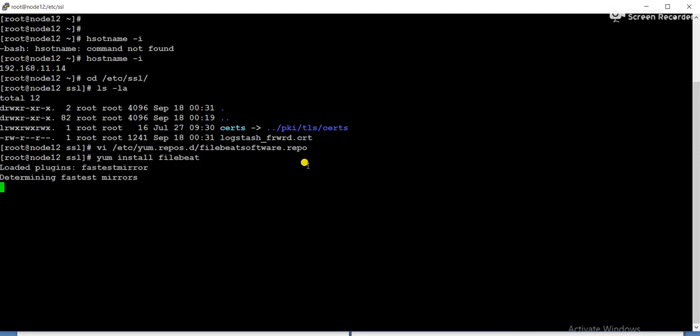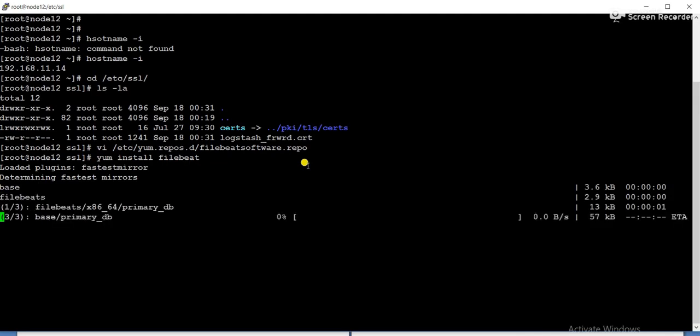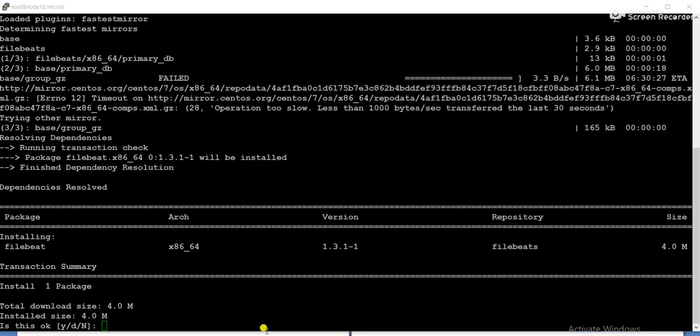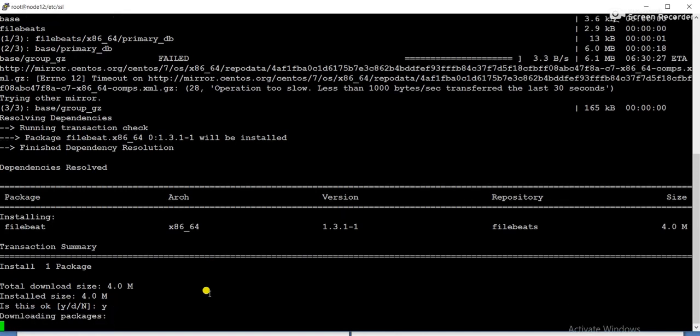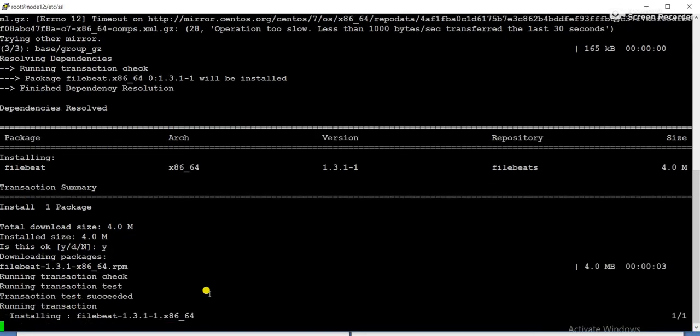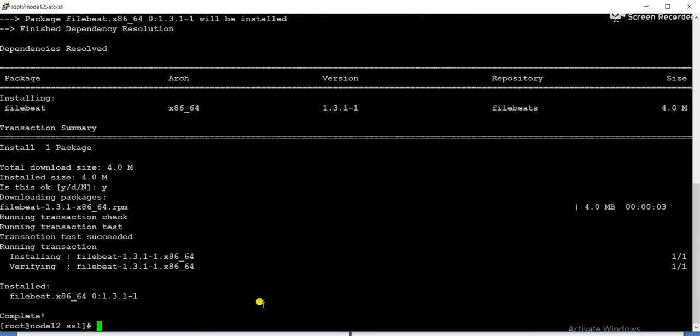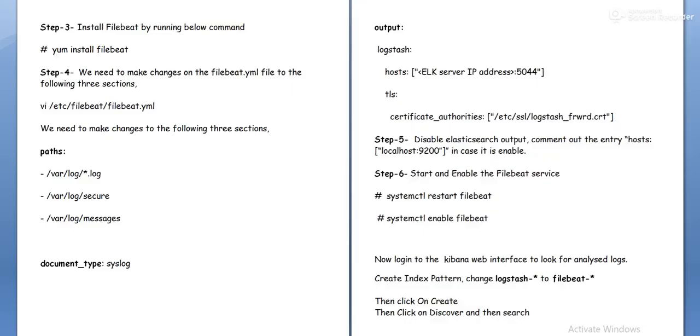It will try to download from that repository and start the installation. It will take time. Now Filebeat got downloaded. The total download size is shown; if I give yes, it will download and start the installation. Now the installation completed successfully.